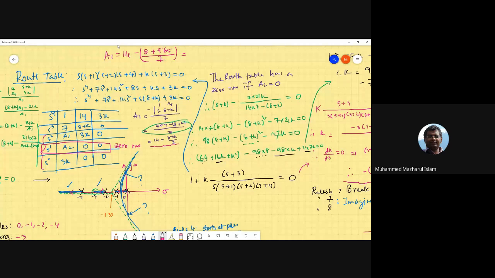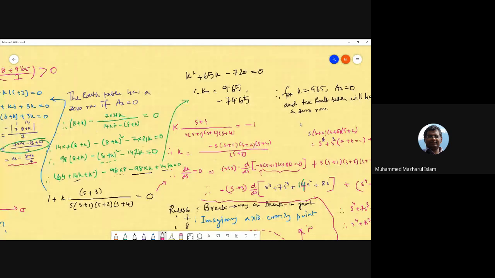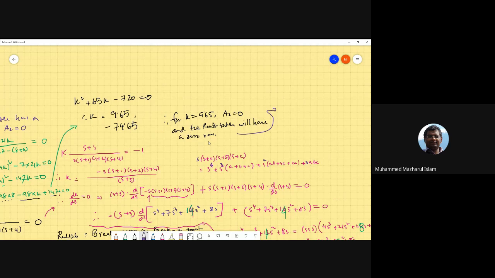Positive, right? What is the value? Anyway, 11.47. Thank you. a1 is positive, so in the Routh table there are no sign changes. Let's write it down here, it's a bit haphazard. The zero row, then after this we'll check the sign, and there are no sign changes